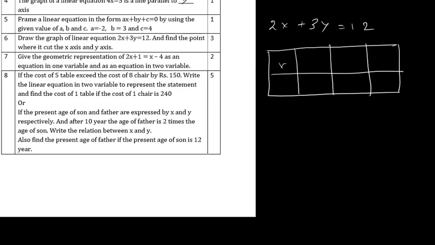Okay, x, y, and we have to check where it is cutting x-axis. So if I take x as 0, then 3y equal to 12, that gives me y equal to 4. When I take y equal to 0, I have 3 times 0 and 2x will become 12, so x will become 6. When I take any other value, say y equal to 2, so 3 times 2 is 6, this 6 will go on that side, 12 minus 6 is 6, so 2x is 6, so x will become 3. Okay, so (0, 4), (6, 0) and (3, 2) are the required solutions.